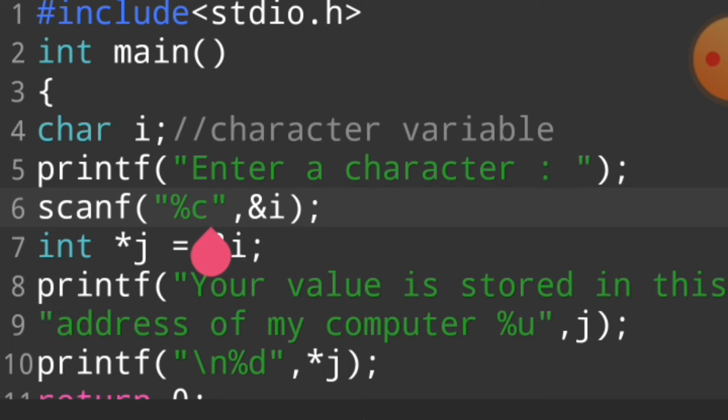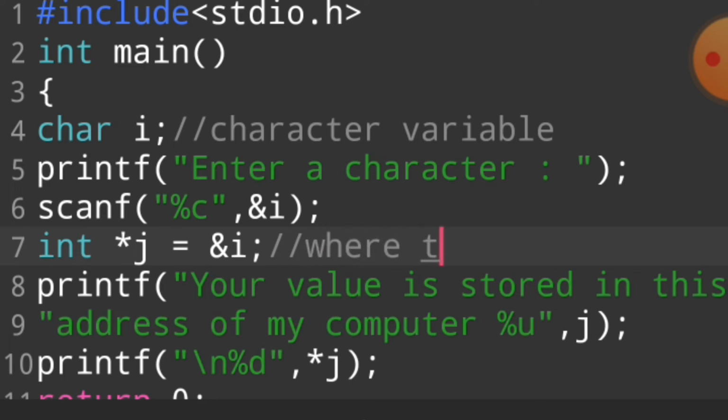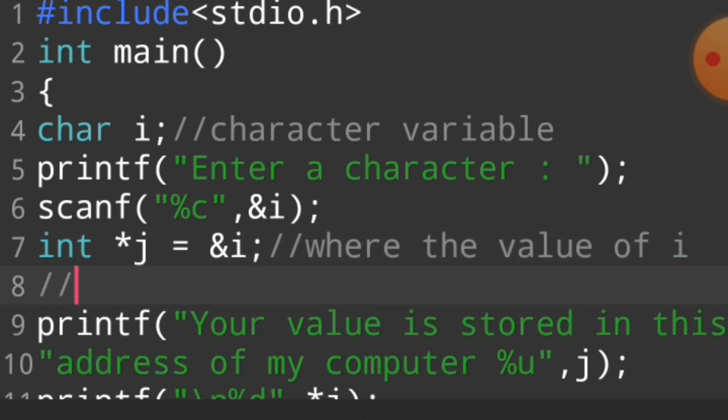We use %c, so we say &i, and then we declare the pointer, the address of i, where the value of i is stored in memory.